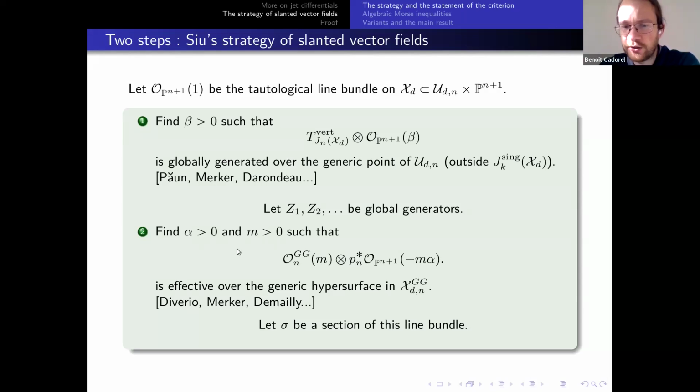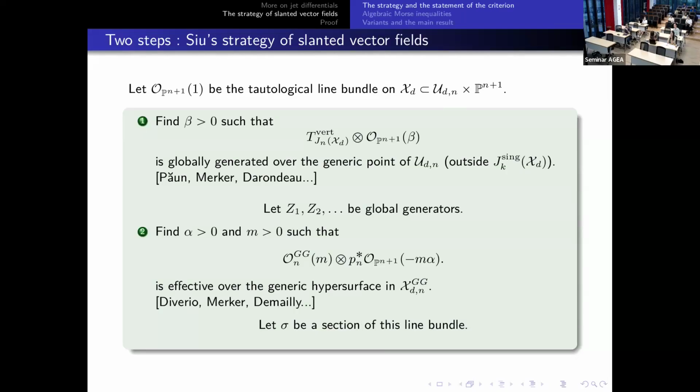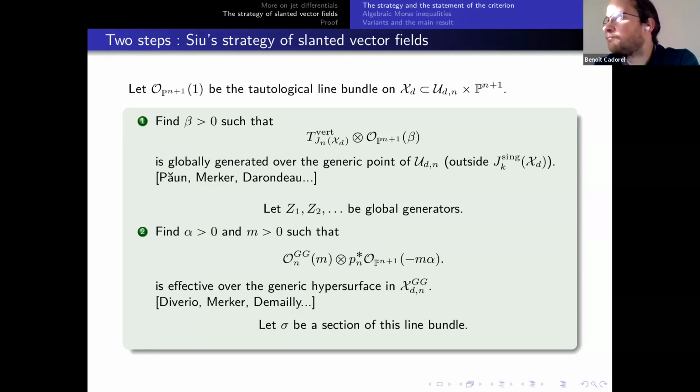So let me call sigma a section of this line bundle defined on the universal family, or at least above a Zariski open subset of the base. And so, just to make sure, in the strategy, you just use the nth order jet. Where exactly, n, yes, is okay. So you don't care about other orders. Yes,